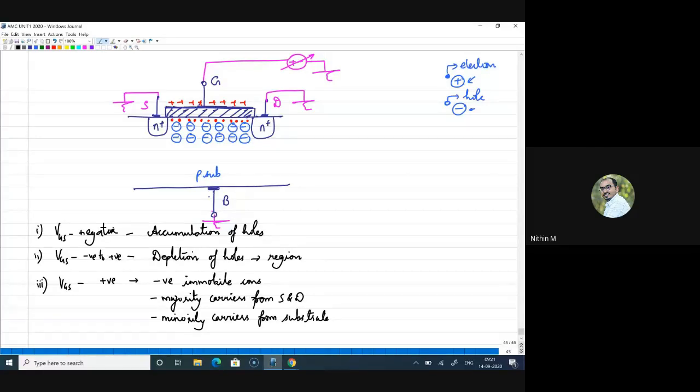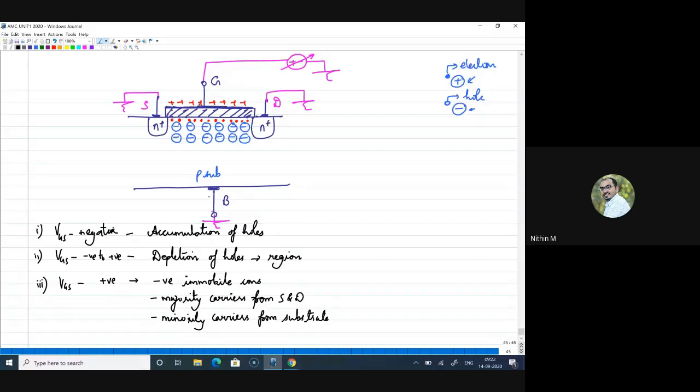That is why we call this MOSFET an enhancement MOSFET, a normally off device. Now we are trying out applying voltage to the gate and seeing how the device responds, or how the channel responds to that. And we observed that as we apply a voltage, say from negative to positive, initially for a negative voltage, holes will be accumulated, and when we change from negative to positive, a depletion region will be formed. And as I keep on increasing my voltage, electrons, the majority carriers from the heavily doped n plus source and drain regions, will be attracted towards the region beneath the gate, and that will actually help to create a channel. We call this the channel.